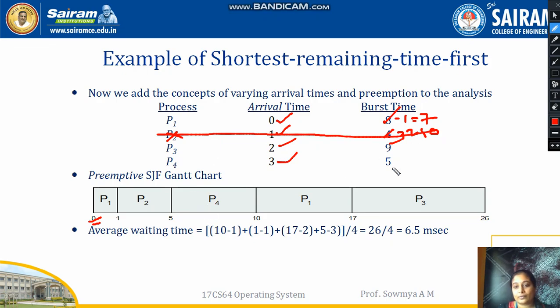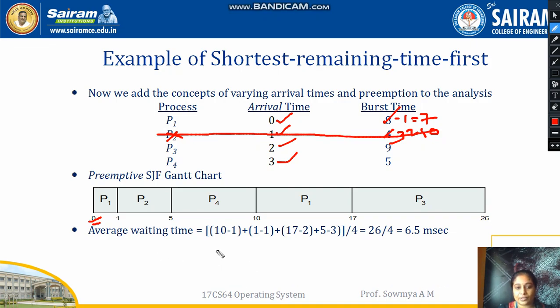After the 4th second there is no other process arriving, so P4 will take 5 seconds of burst time. After P4 is executed, compare 7 and 9. 7 is shorter, so P1 will be allocated and executes its 7 seconds. Next, at the 17th second, the only one left is 9, that is P3, so allocate P3 and complete its execution. It will complete at the 23rd second.